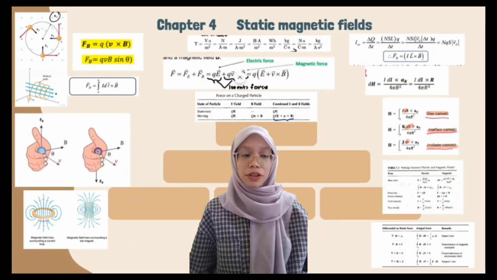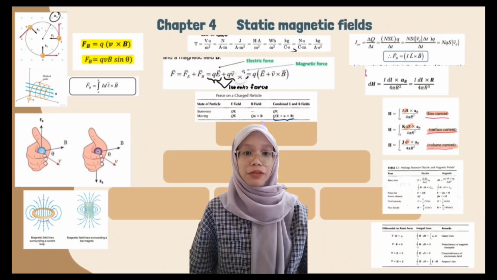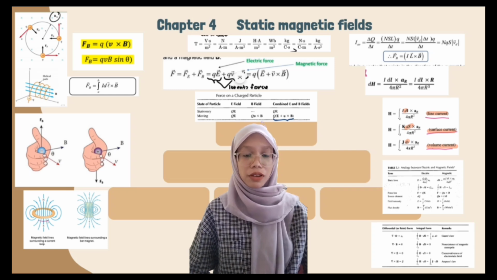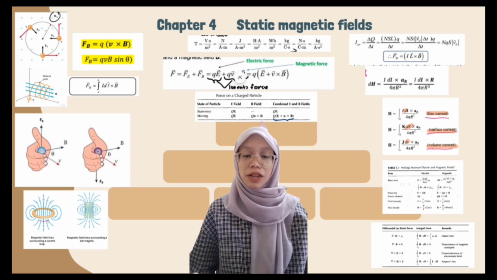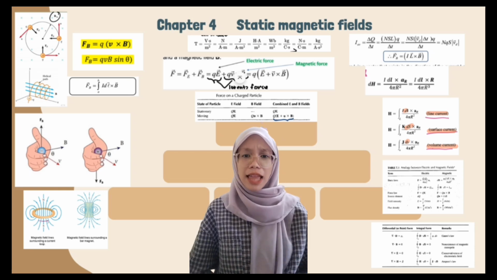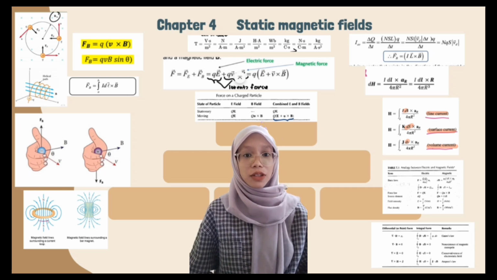This is a summary for the static magnetic field. Magnetic fields are produced by a permanent magnet like Al-Nico and governed by the Biot-Savart law and Ampere's circuit law. Biot-Savart law, similar to Coulomb's law, describes the magnetic field from a steady current and allows calculations of the magnetic field at a point due to a current element. The magnetic field intensity for the line current and other configurations like circular loops and solenoids can be derived using